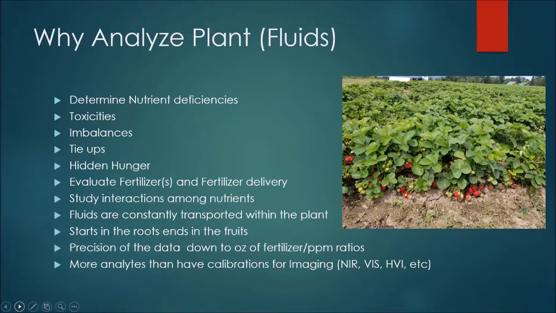Fluids are constantly transported within the plant, and primarily they start in the root and they end in the fruit. And by studying that data down to as low of parts per million values as we can get, or sometimes parts per billion, we can actually begin to unlock some of the language that the plant is communicating with the soil in. We call this plant-soil symbiosis, and it's a common opportunity and also challenge for a lot of growers to understand what's being translocated through the plant from the soil